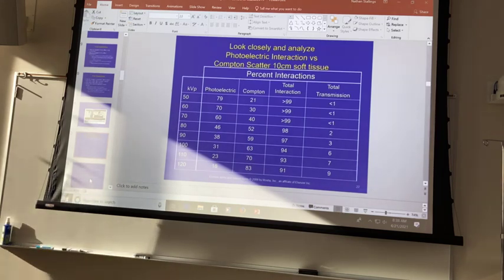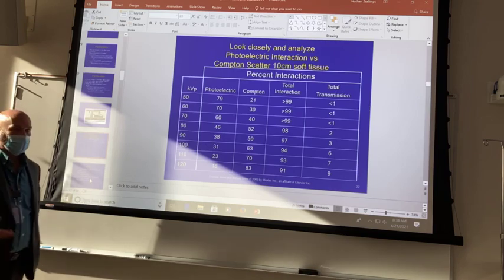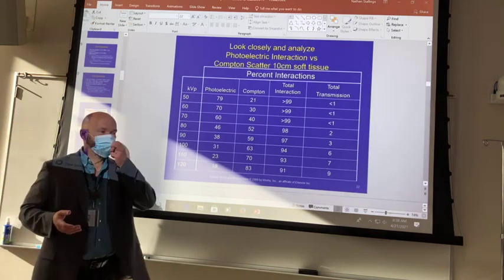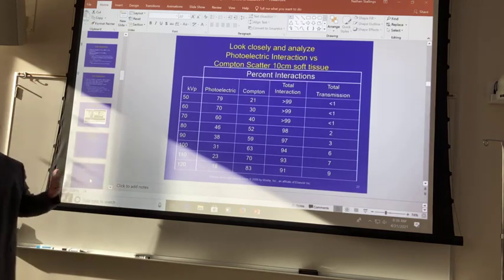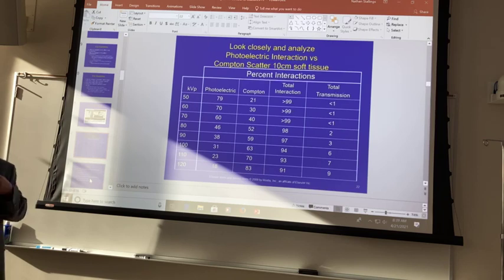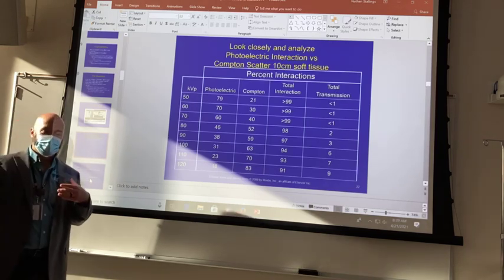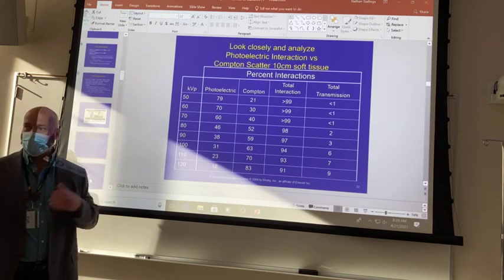But the reason that we say that with an increase in kVp we get more Comptons is because as we increase kVp, yeah, we get an increase in photoelectrics, but the Comptons increase at such a rate that what we're talking about is the ratio between